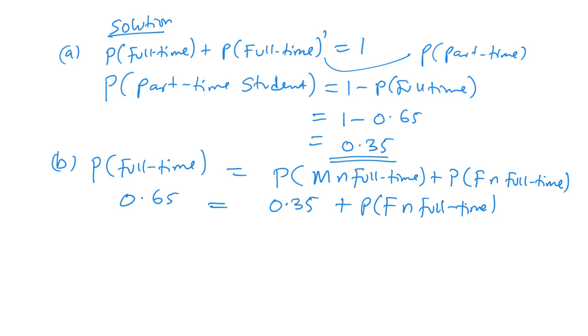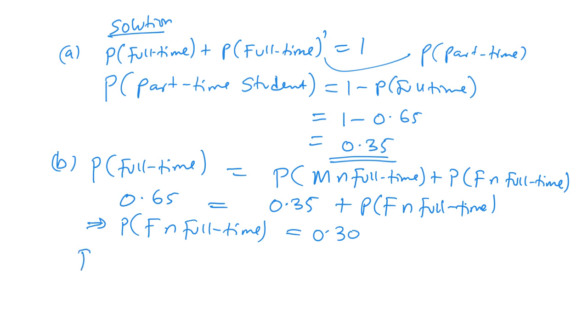So what does it mean? This means that the probability of female and full-time is 0.30. So the question is asking us to find the probability of female and part-time, but we